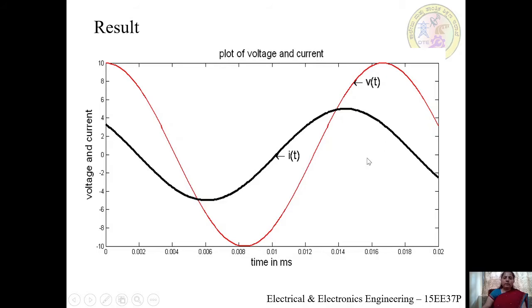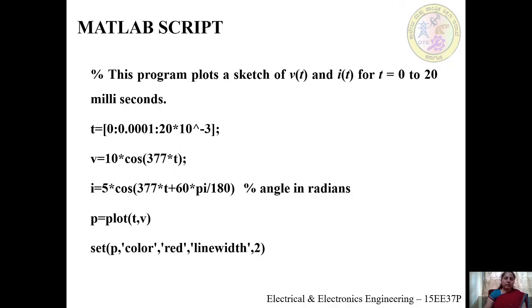So using those values, we can plot the graph. So here I have written the statement t is equal to 0 to 20 millisecond with increment value of 1 millisecond. Then in the next statement, I need to show the voltage expression. So V is equal to